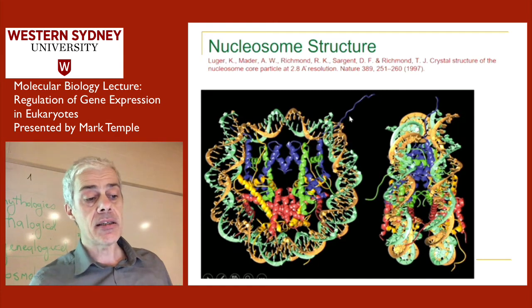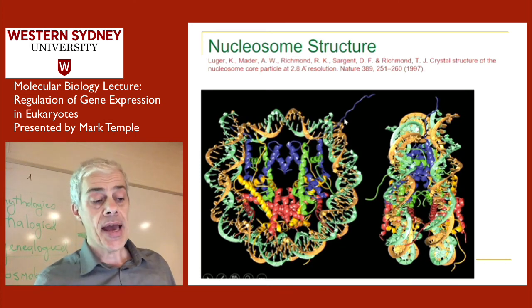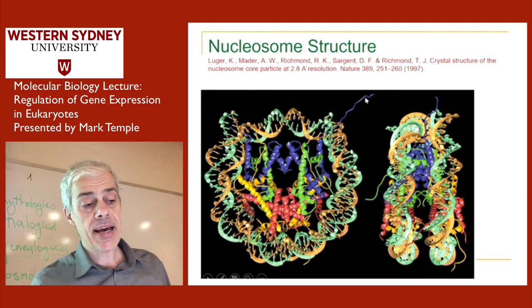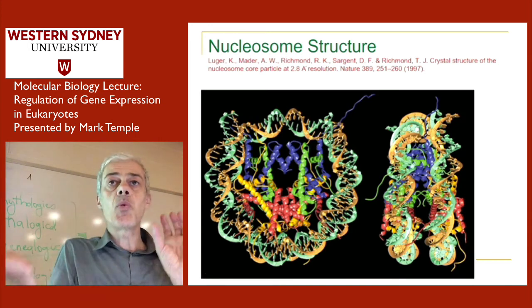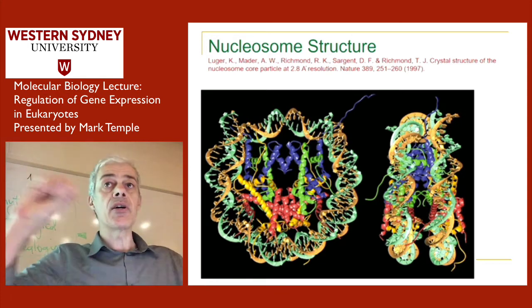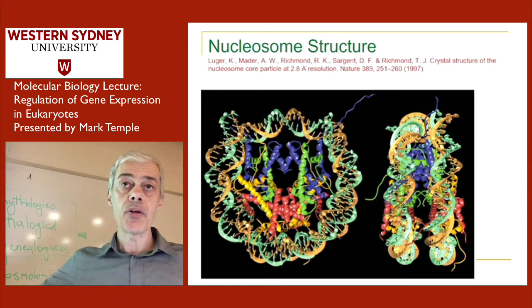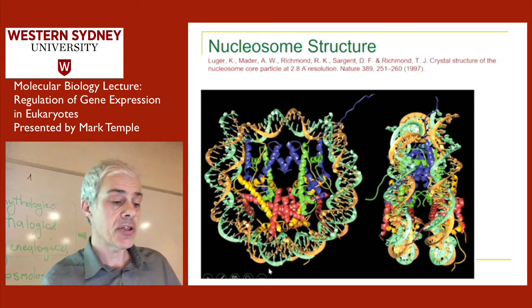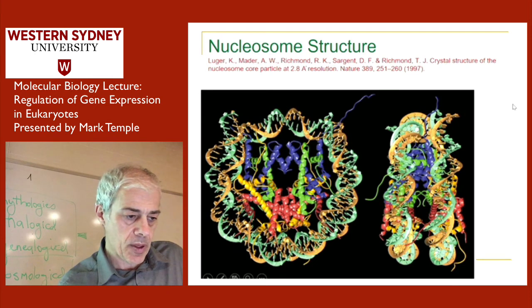And it's this tail here that's rich in those lysine and arginine residues that we were talking about. And these tails here suddenly give us a clue on how the nucleosomes are packaged, and what controls nucleosome packaging is these bits of string that are sticking out that can be used to package and unpackage the DNA around these nucleosomes. So this is the structure of a nucleosome at a high resolution level.